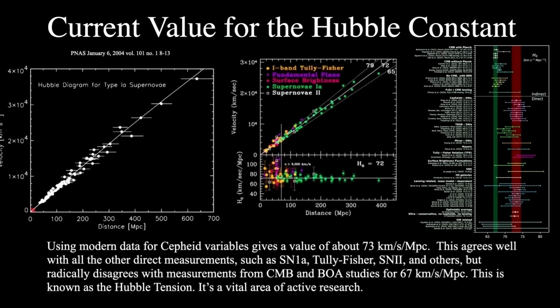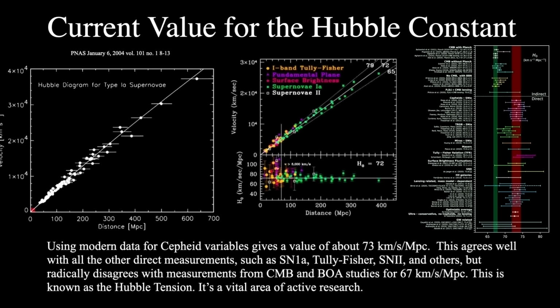And we see the average for the Hubble constant from that particular study, of a bunch of things put together to see what the average would be, is approximately 72 kilometers per second per megaparsec. That's what we can see in the middle graph. So modern data for Cepheid variables gives a value of about 73 kilometers per second per megaparsec for the Hubble